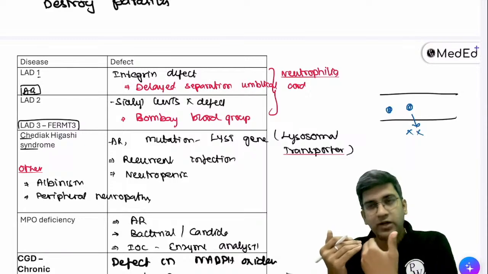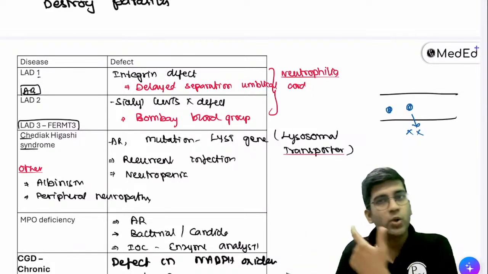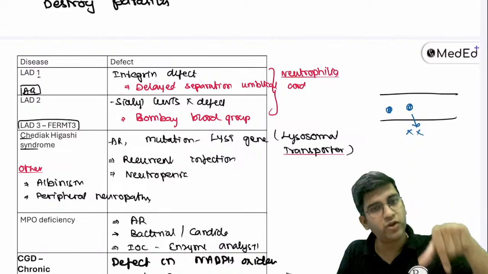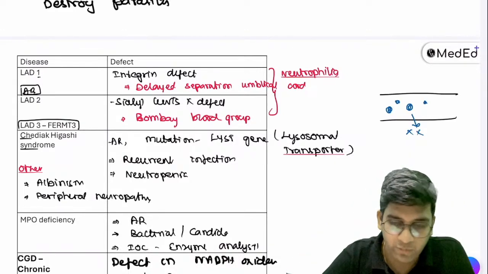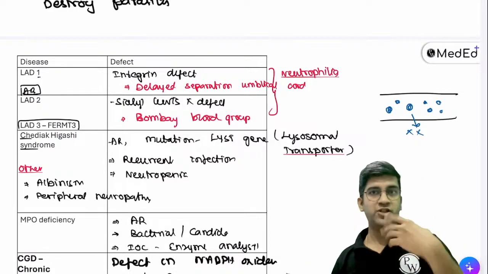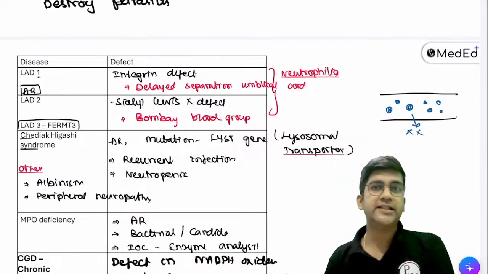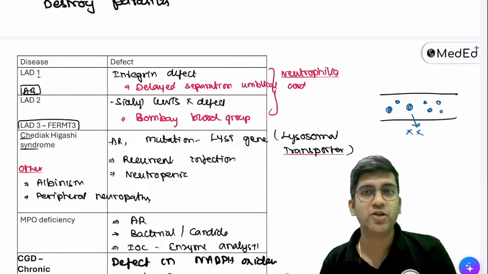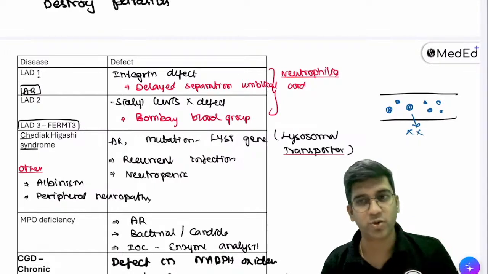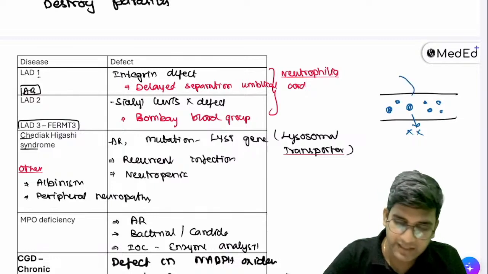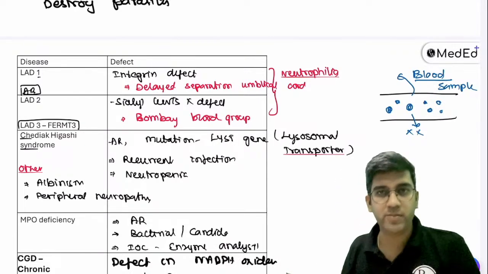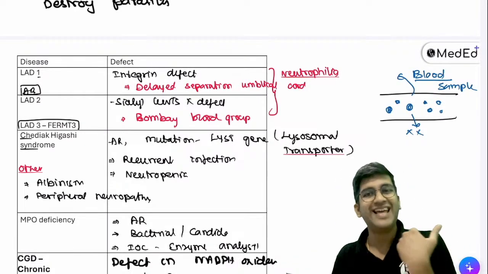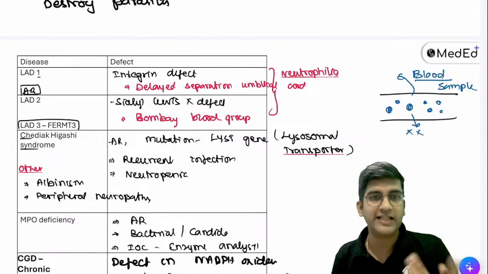If my neutrophil is not going outside, not removing the bacteria, what will the bone marrow do? Produce more neutrophil or less neutrophil? Because it's not able to remove that, it keeps on producing more and more neutrophil. In spite of producing more neutrophil, can they go outside? They can't go outside because of defects in your selectin, integrins, and the rolling and adhesion process, right? So now I'm taking a blood sample. What will the blood sample show? More WBC or less WBC? Obviously, more WBC. It will definitely show more WBC because it's an exit defect, not a formation defect.